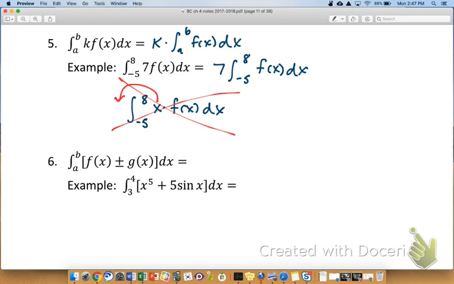The last one is the definite integral of a sum or a difference. Can you guys describe what you could do here if you got the definite integral of... Split it up? Yeah, sure. Split it up into separate terms. That works. So I'd go integral from a to b of f of x dx plus or minus the integral from a to b of g of x dx. This is also a very, very handy thing to use. Sometimes we just do it real quick mentally. Other times, it's going to make all the difference as far as seeing